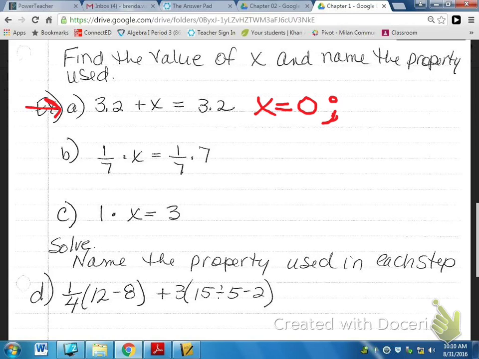When you add 0 in, what's that called? It's in the second last section there. When you're adding 0 and it doesn't change the identity, it's called the